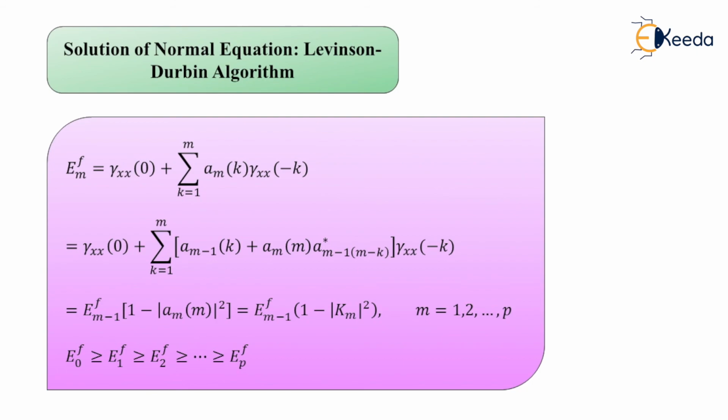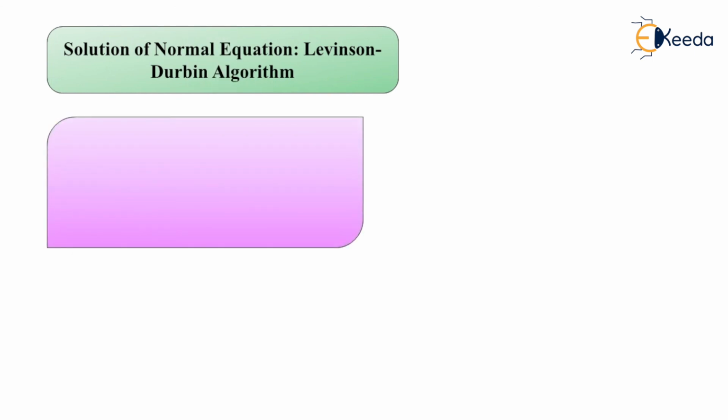So here the derivation for the Levinson-Durbin algorithm for finding the solution to the linear equations as shown by capital gamma suffix m into a suffix m is equal to minus of gamma suffix m, for small m is equal to 0, 1, 2 and so on up to capital P, is completed here. One thing can be noted: the linear equation has the special property that the vector on the RHS, that is the right hand side of the equation, also appears as a vector in the left hand side, where we have capital gamma suffix m.